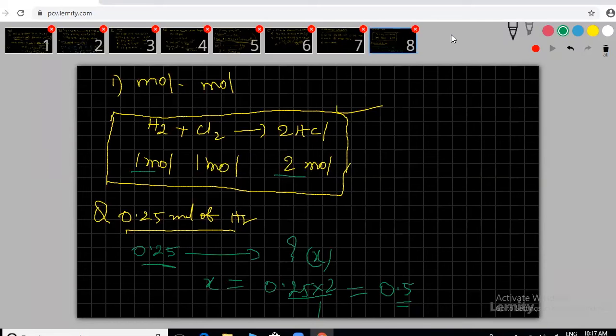Fine. If you find any difficulty, tell me, because we have to know this equation first. 1 mole gives 2 moles, then 0.25 gives how much? Like vegetable calculations. One mango is 2 rupees, then 0.25 mango costs how much? All these are vegetable calculations only. Very easy, all these sums. If you know that one, we can do very well. Now we can do one more sum also, don't worry.